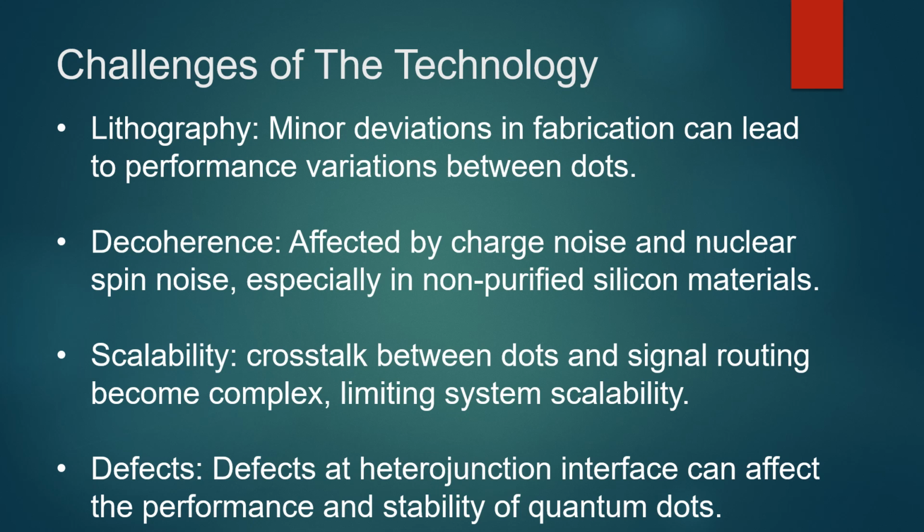We still have some challenges with this technology. For example, in the case of lithography, we have minor deviations in fabrication. This can lead to performance variation between dots, and also decoherence, which is affected by charge noise and nuclear spin noise, especially in non-purified silicon material, and thirdly, scalability. Crosstalk between dots and signal routing become complex, limiting the system scalability. And lastly, defects at the heterojunction interface can affect the performance and stability of quantum dots. But overall, all of this should be addressed by improvement of